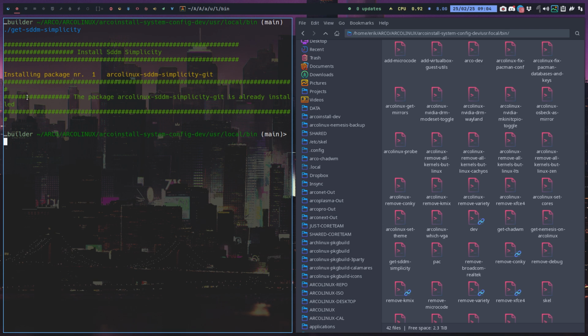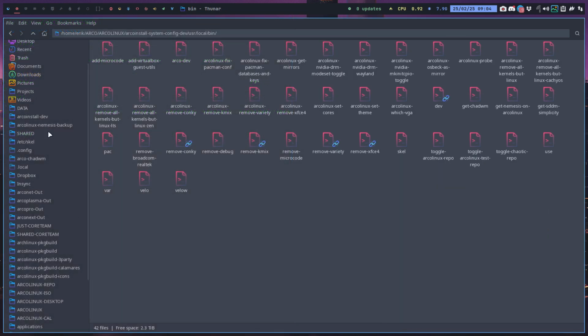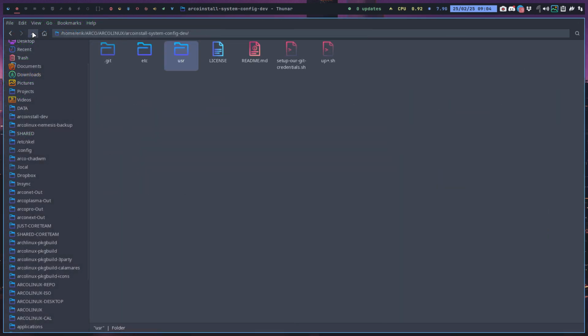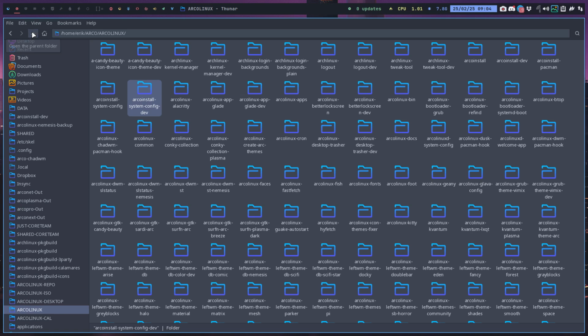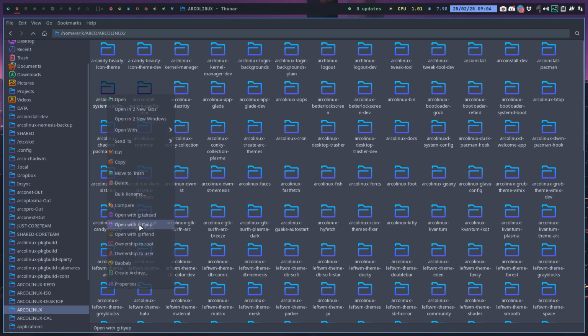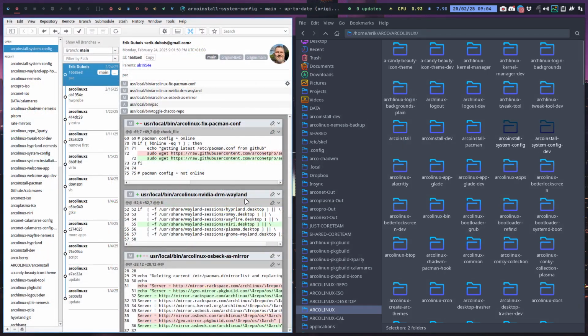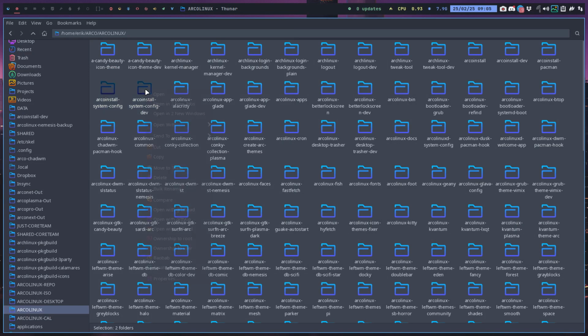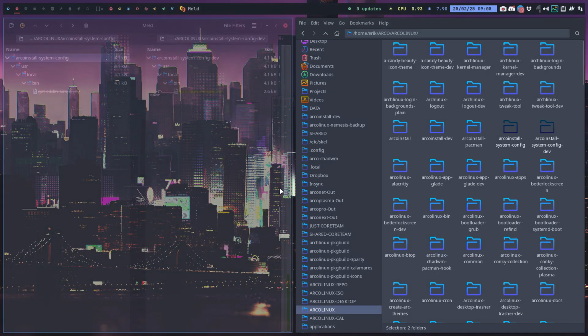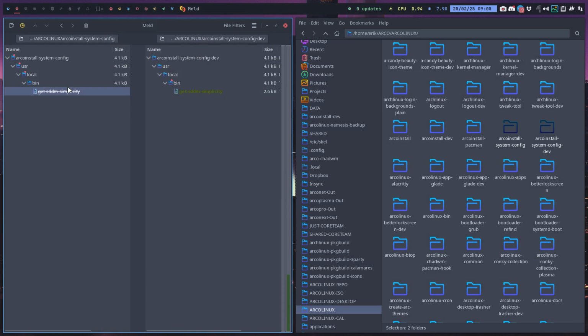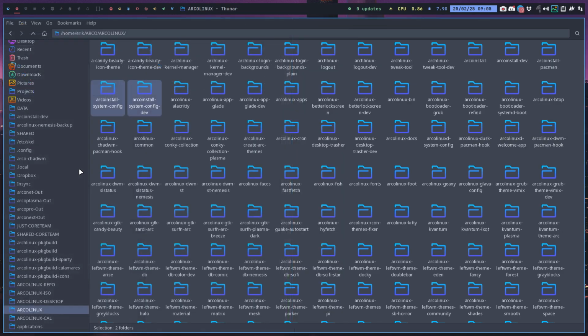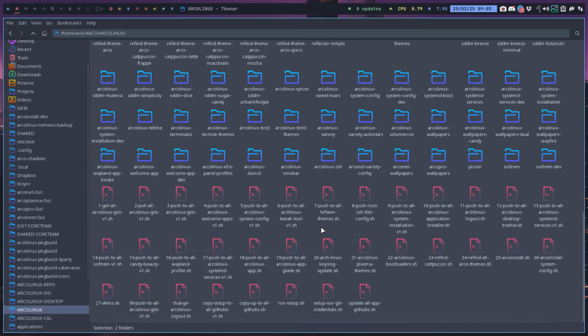We're gonna add get-sddm-simplicity to the packages. From now on you can stop watching the video, right? But I'll just show you what you need to do if you're gonna be an ISO builder. Check yourself. Well, let's get ahead, but that's not what I wanted to do. I wanted to compare, of course. This one is new, not there. This is the development, so you don't get it. You have the official one, this one. And then we put everything online. You just do it one by one, or